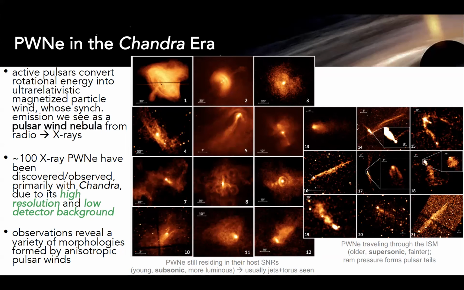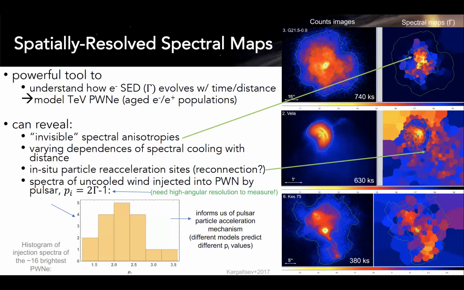And AXIS will revolutionize pulsar wind nebula science in many ways, but in this talk, I will focus on two of such areas in such a short talk. Spatially resolved spectral maps are a powerful tool to understand how the electron photon index gamma evolves with time and distance from pulsars. In the upper plot here,